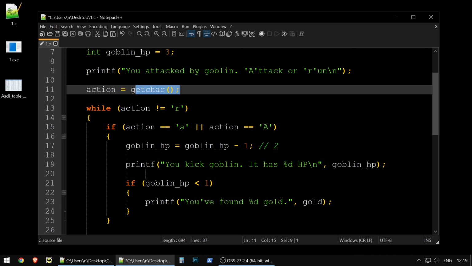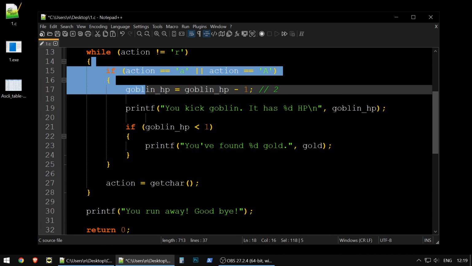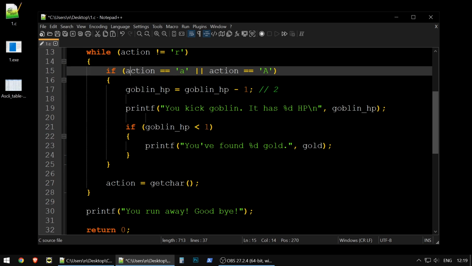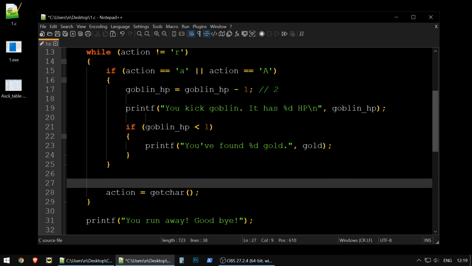The player said something, and we give to the action variable something like R or A. So inside of the cycle, we also should ask every time when we kill the goblin, we will ask the player to fight with another one. So every time when we have one go through the cycle, we will ask the player what to do, and we will tell it like this: printf